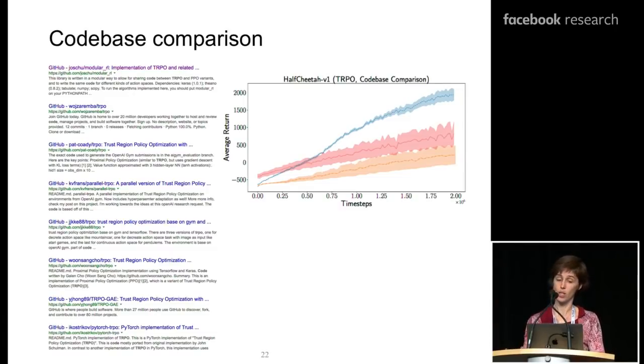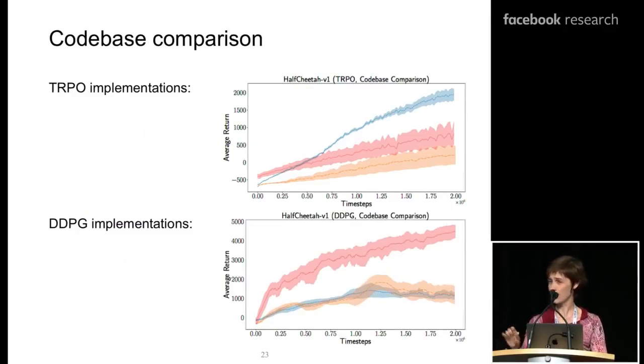And then I ran all of these code bases for TRPO. And I got really drastically different results. Again on the half cheetah task. So then I'm a little bit at a loss for what to do. Not only do I need to run all the baselines, I need to consider all the implementations of all the baselines on all of the problems that I might want to test my algorithm on. Whew. It's not just TRPO. I'm really not trying to say that TRPO is any more brittle than others.